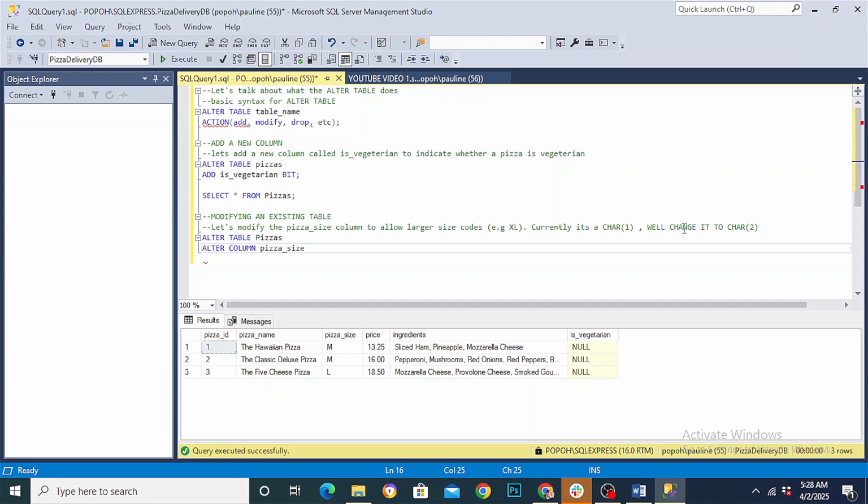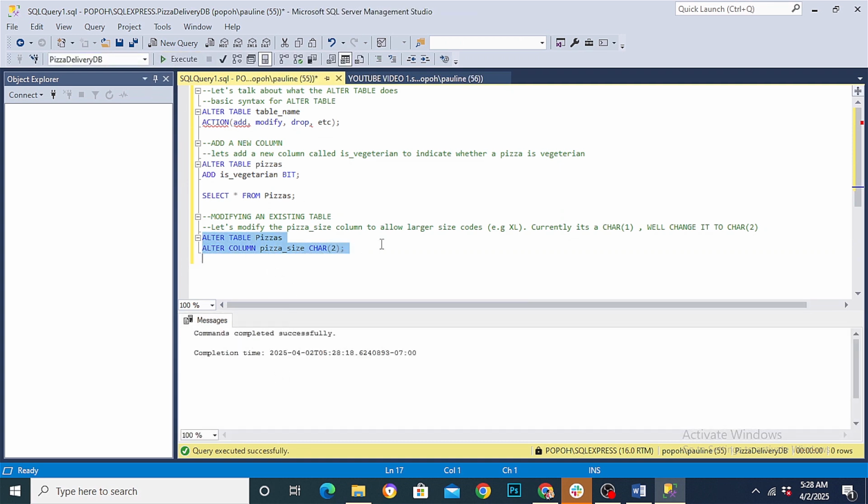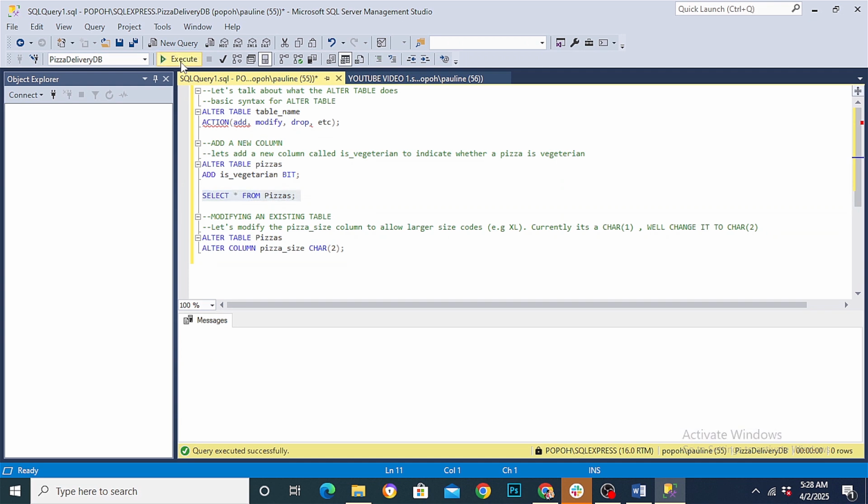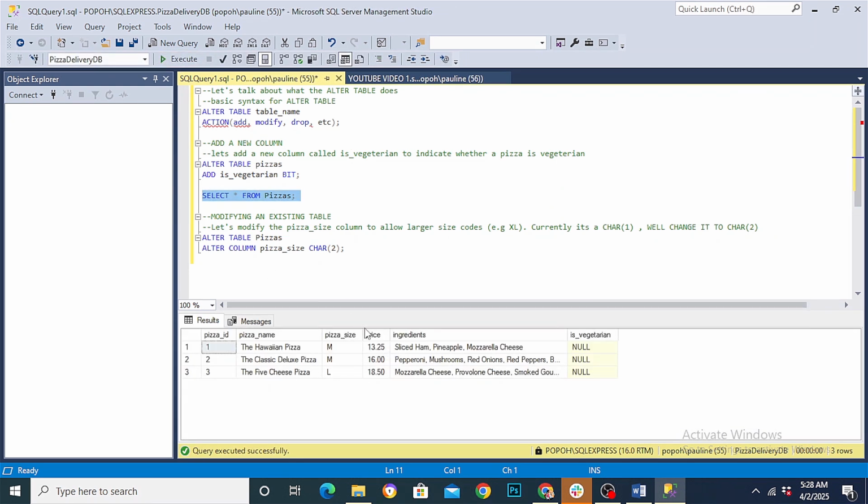And we're changing the data type. So it was 1 character, but now we're changing it to 2 characters, so it will be CHAR(2), like that. And then let us highlight our query and execute it, and voila, our command has been completed successfully. Okay, so if we go back to our table, instead of it being just 1 character, as you can see here, we can insert something like XL